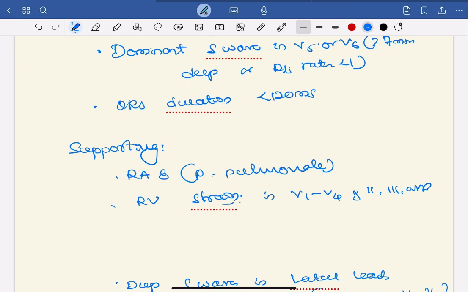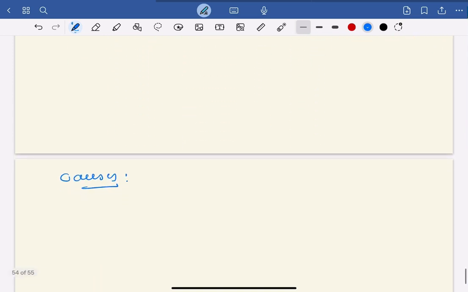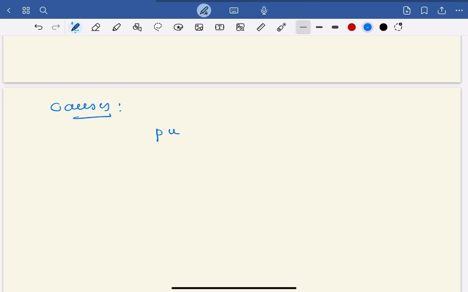pattern that is ST depression and T wave inversion in precordial leads V1 to V4 and leads 2, 3, aVF, or there will be deep S wave in lateral leads that is 1, aVL and V5, V6. So what are the causes of right ventricular hypertrophy? Causes for right ventricular hypertrophy include pulmonary hypertension,